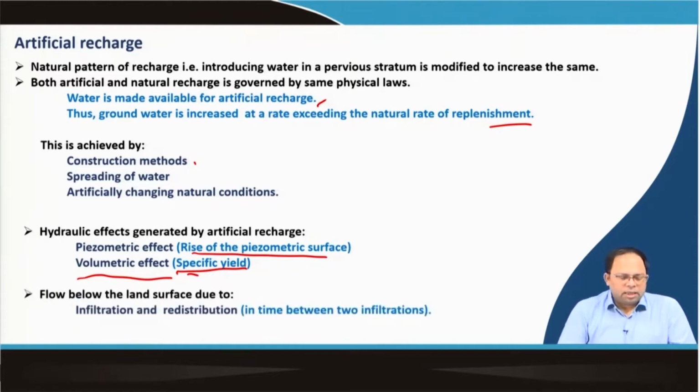And once the groundwater infiltrates, it also distributes, that is, in between two infiltrations, the groundwater obviously spreads in that particular area. So sometimes we use techniques to actually prevent the spread so that the groundwater is retained in that particular aquifer. Some call these groundwater conservation techniques. And in other cases, we want groundwater to spread from one aquifer to another so that the water is available in both the aquifers. So both techniques are utilized.